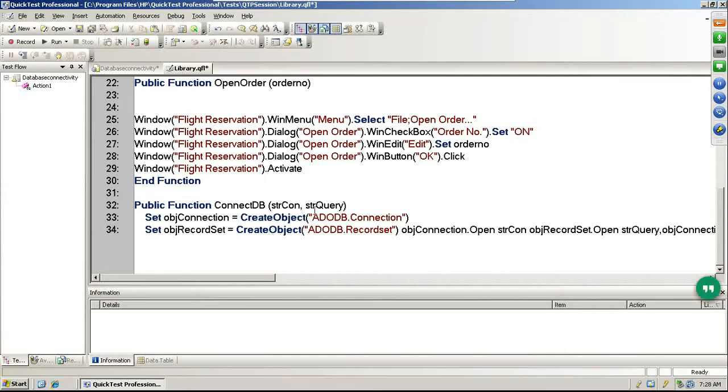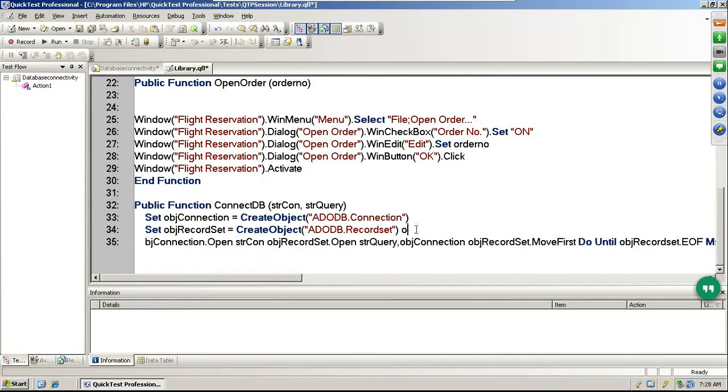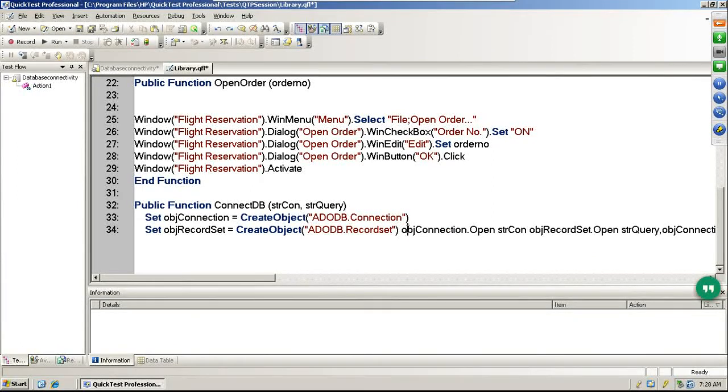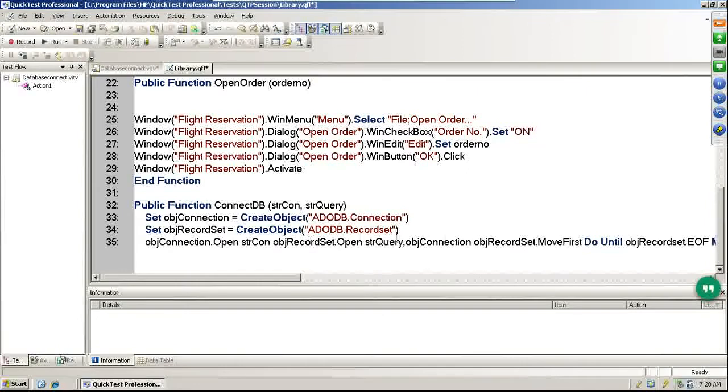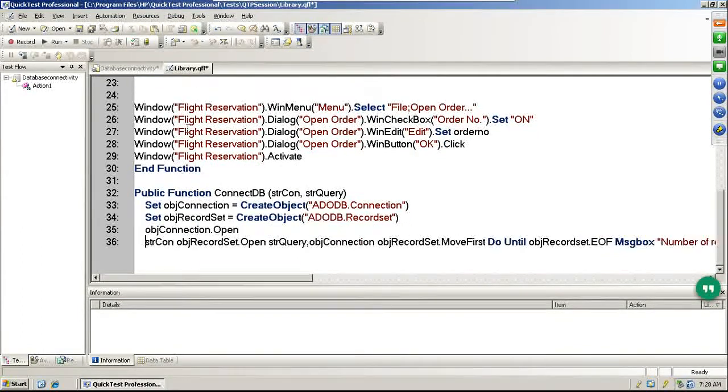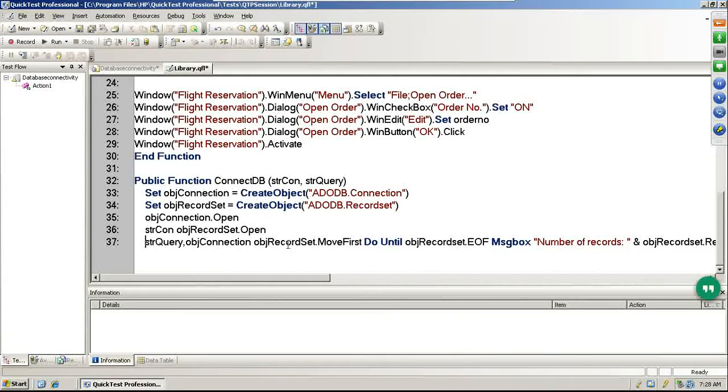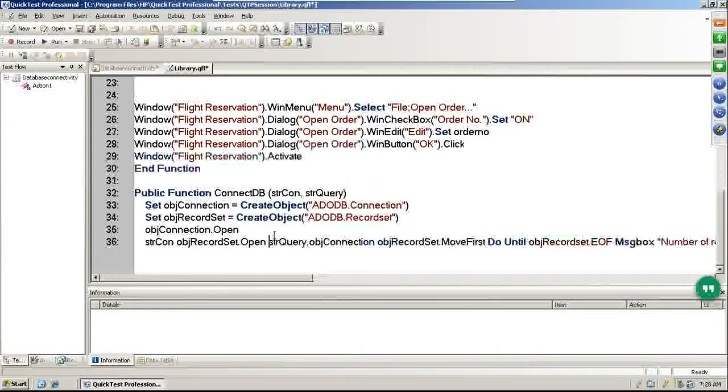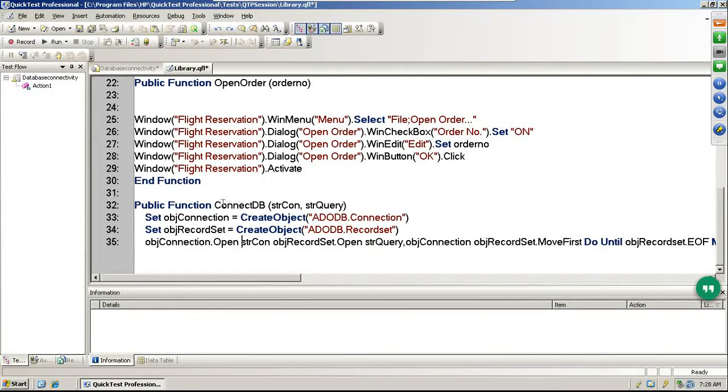So first I'm creating the function definition connectDB, which is taking two arguments, connection and query, and then I am establishing the database connectivity. Same thing, the only difference is we have changed the variable name, so that doesn't matter.